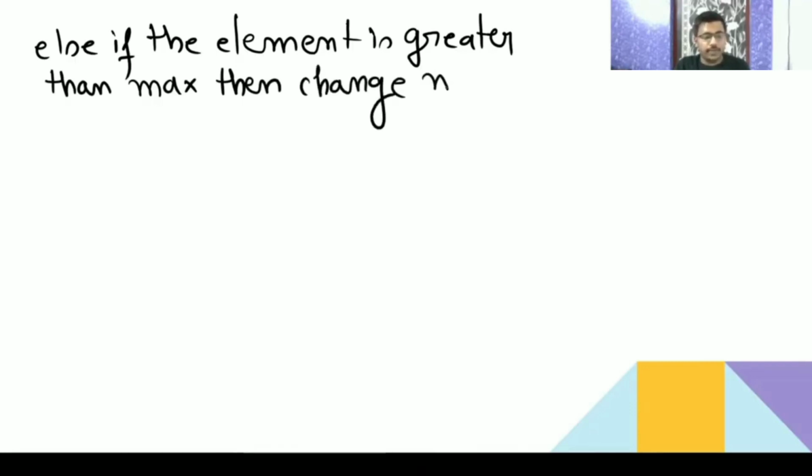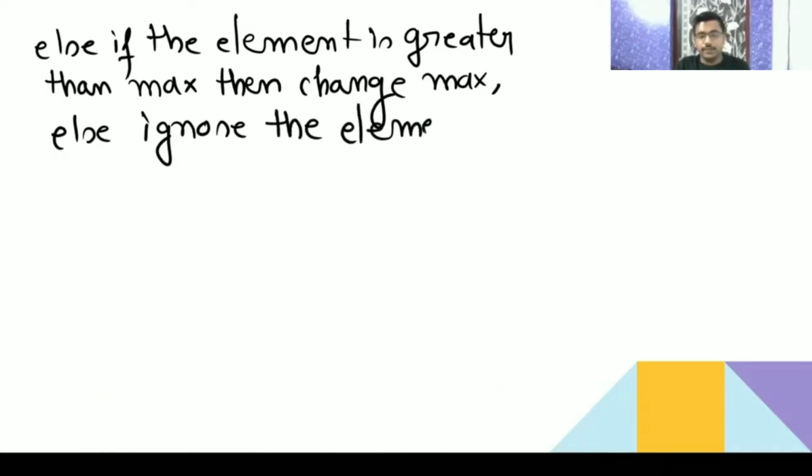Okay, then you have to change. Else if the element is greater than max, then change. Else ignore the element. Okay. So after index 3, you have to check whether it is greater than the max, then update the max. Whether it is smaller than the min, then update the min.